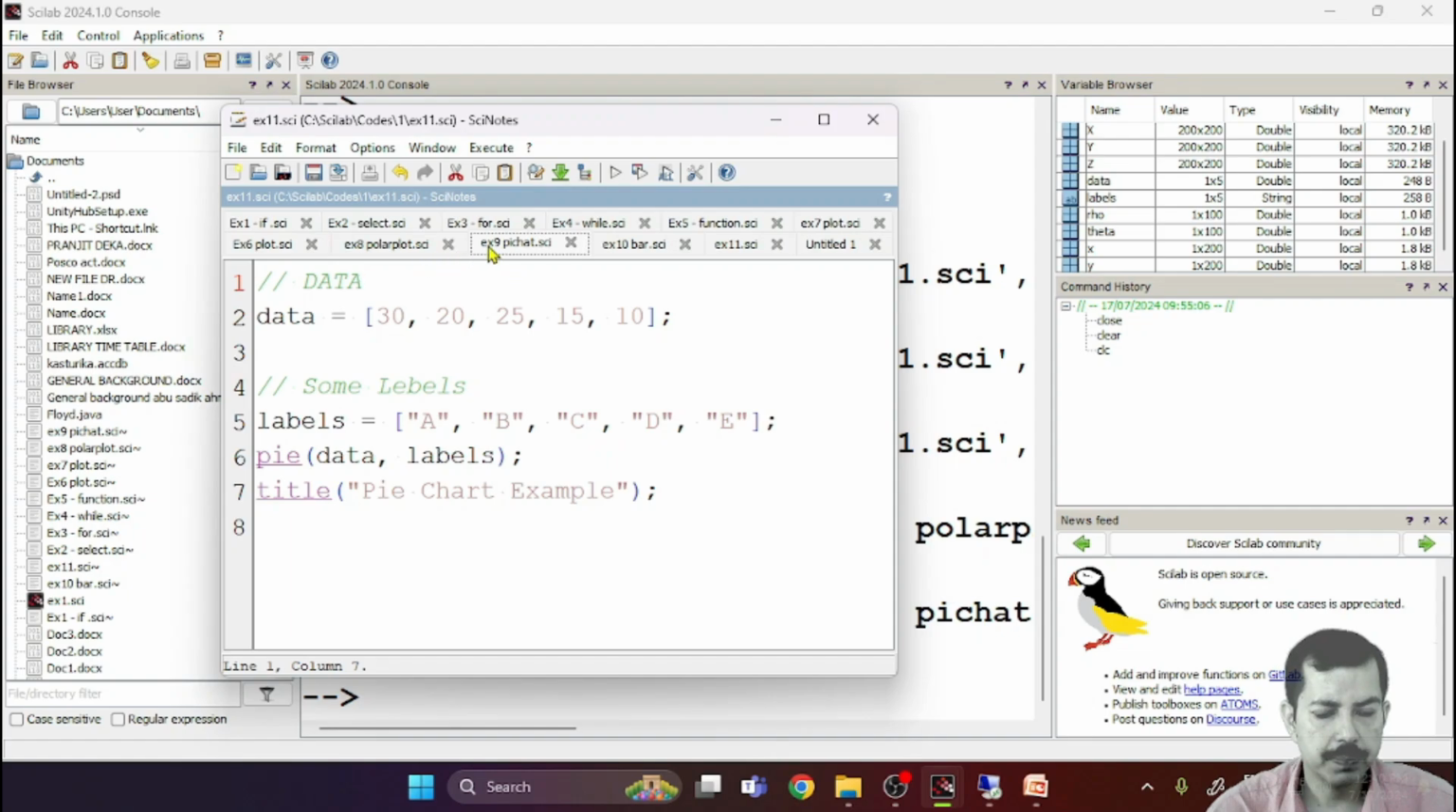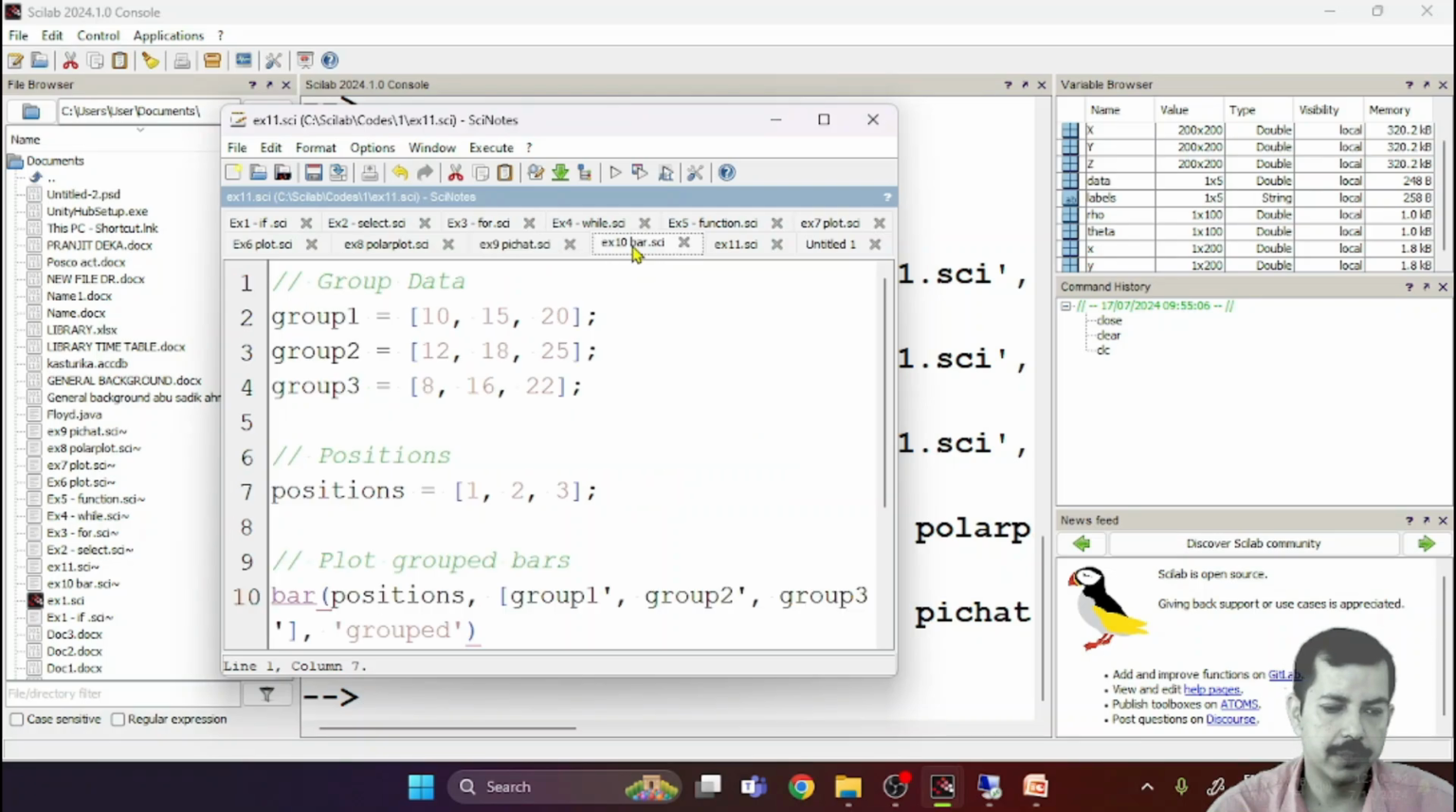Now next. Okay, next one, how can I draw the bar diagram? Suppose I just consider three groups: group 1, group 2, group 3. They will